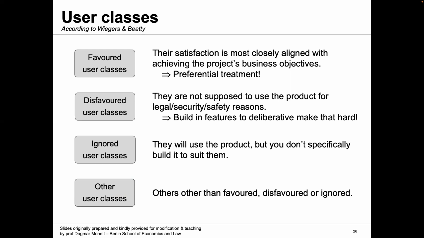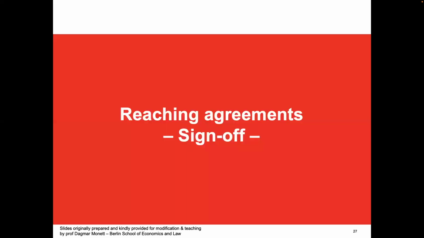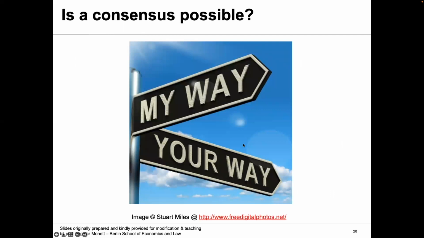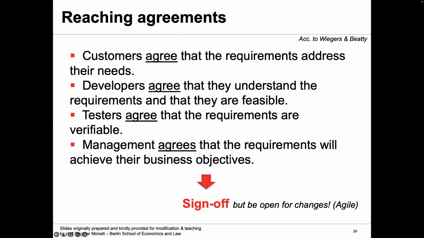All right, I'm going to move on to now the reaching agreement, the sign off. It's really important. Now, when you have so many people involved, like a list of stakeholders at one end, and then you have your technical developing team at the other end, how do we work through this? And is a consensus possible? So this slide tells us that